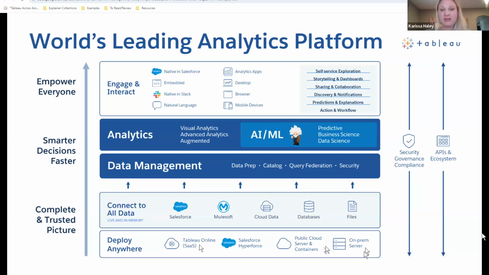Once you get that deployed, what do you do next? You connect to your data. So again, your data can be maybe in Excel sheets, or it could be in Salesforce, or it could be an Oracle database, a SQL database, all kinds of options. We've got over 100 connectors into the data. So you're able to get into that data and start doing your visualizations. But before we do that, I'm going to go to that data management piece over here.